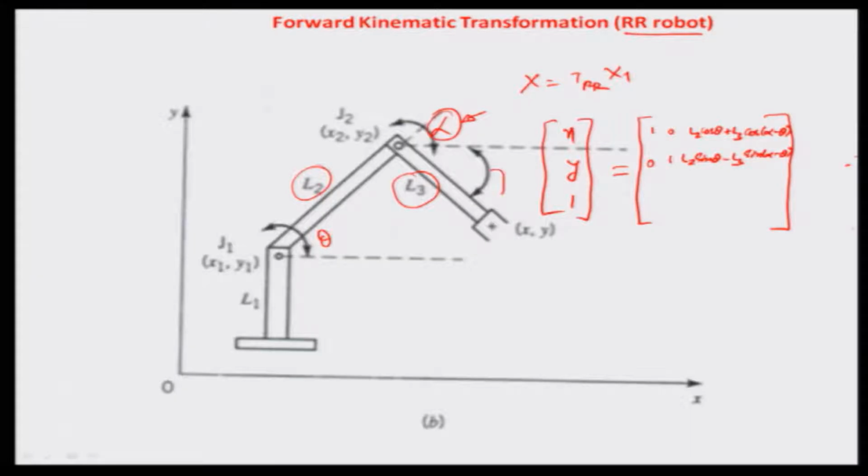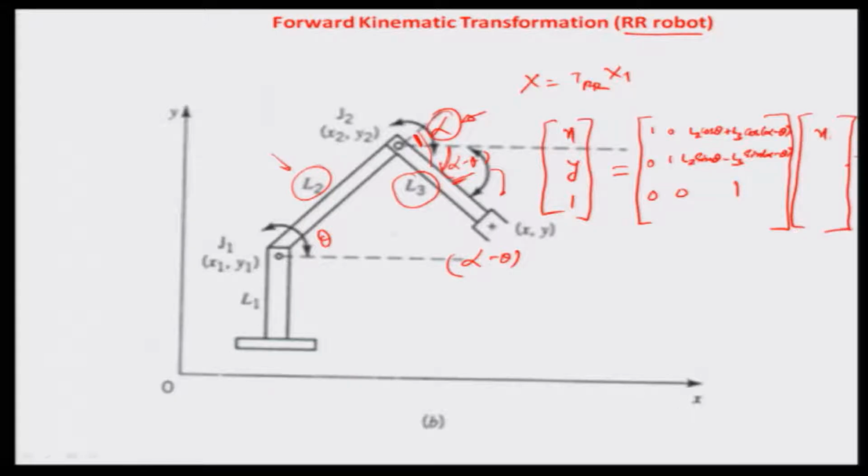So, this angle really becomes equal to alpha minus theta, because theta is this angle which is describing the motion of L2 with respect to the horizontal, and the total angle that it has moved with respect to the initial link L2 is basically alpha. So, this right here is really alpha minus theta. Okay. So, that is how you have represented this, and then you have 0 0 1